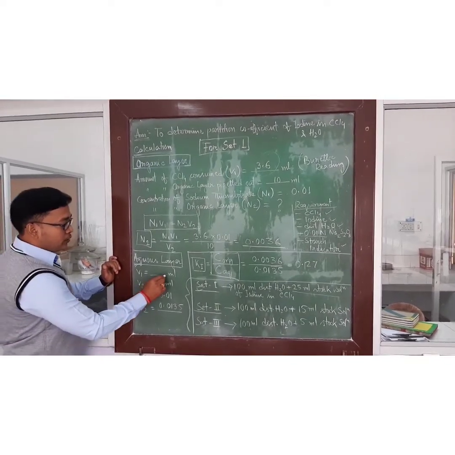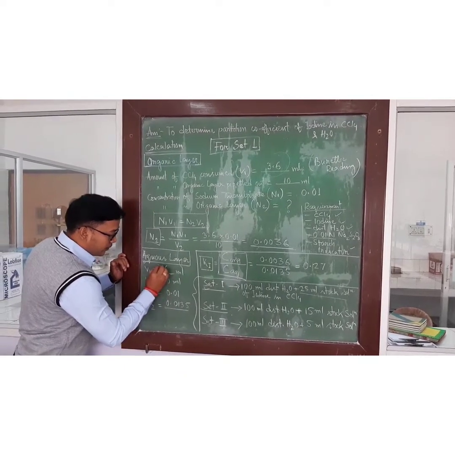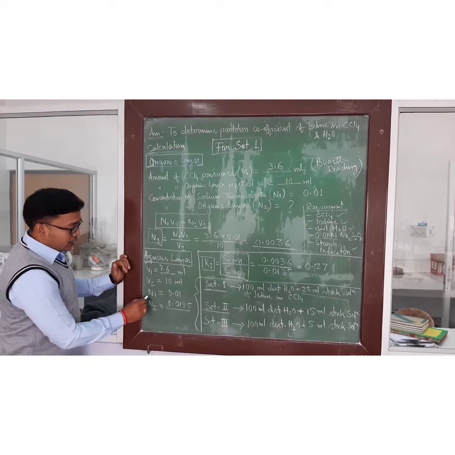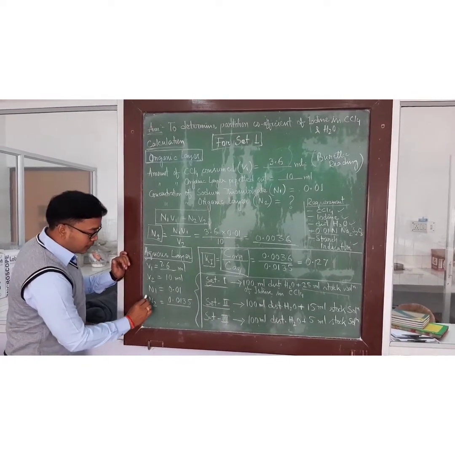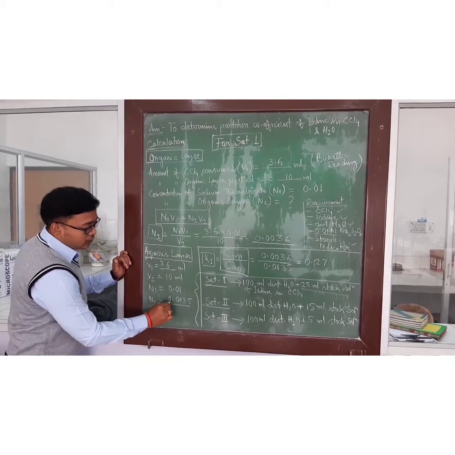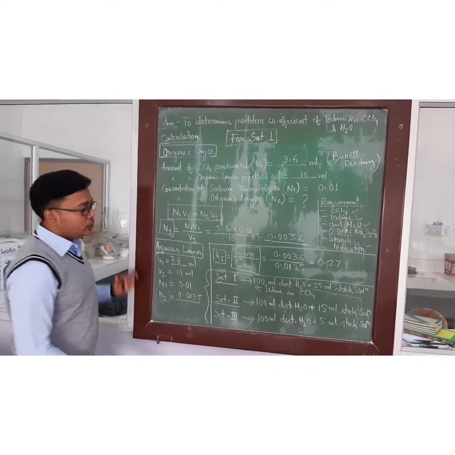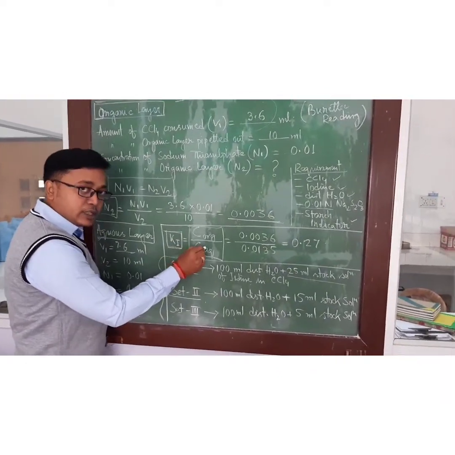In the same way, we have to calculate the N2 value for the aqueous layer. Here V1 ml, we got the reading 7.6. V2 is equal to 10 ml we have taken. N1, the strength of sodium thiosulfate solution, is 0.01. So after calculation we will get N2 is equal to 0.0135. So we got both the values.